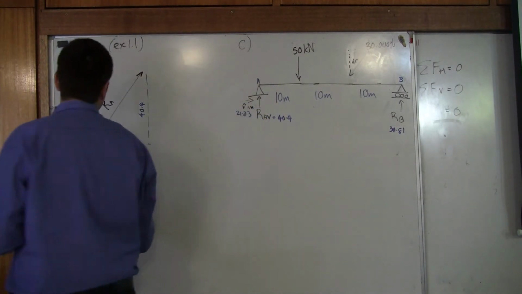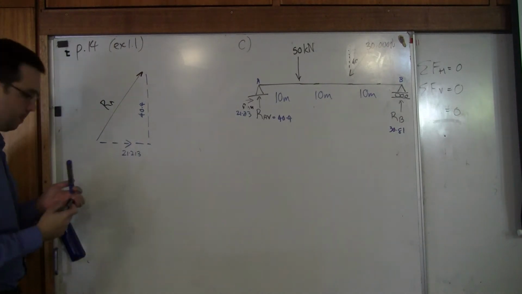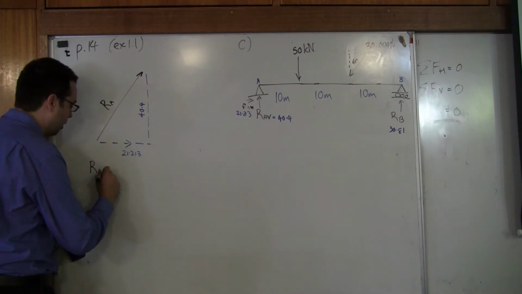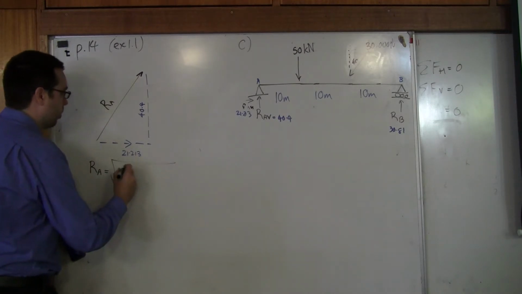How do I find the value of RA? Sorry? A square root of A squared plus B squared. Excellent. RA equals the square root of